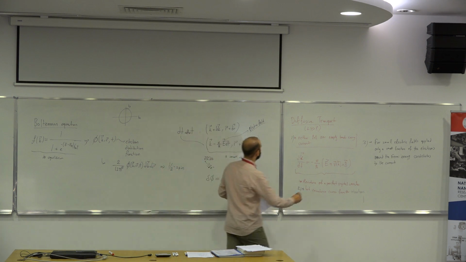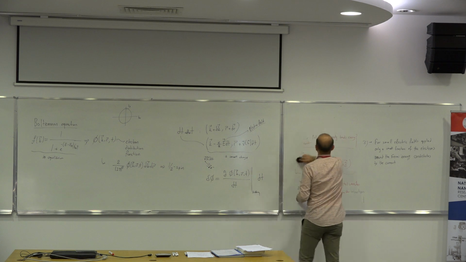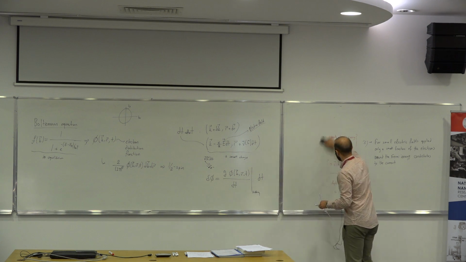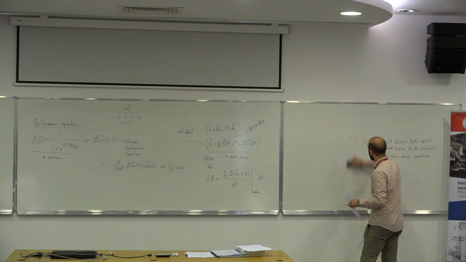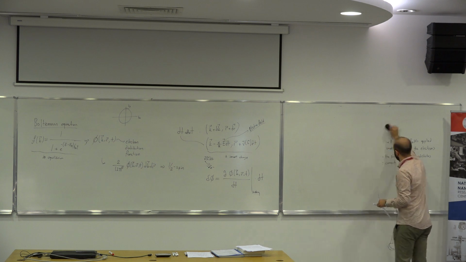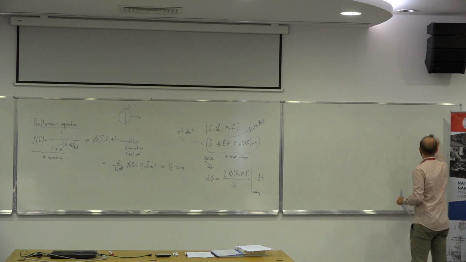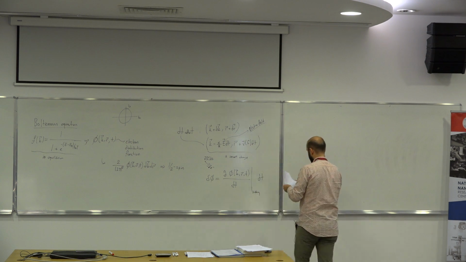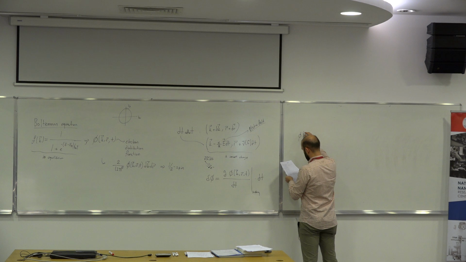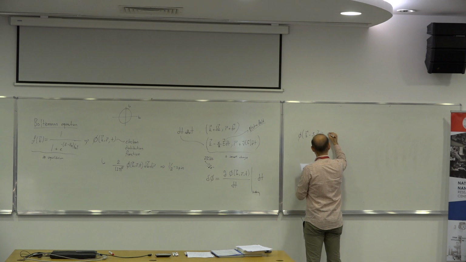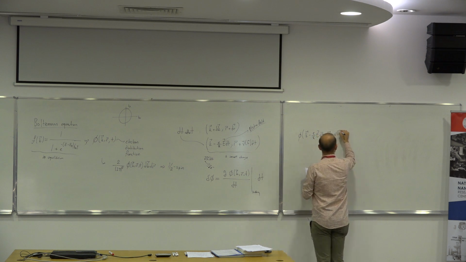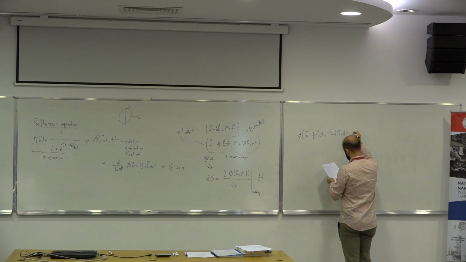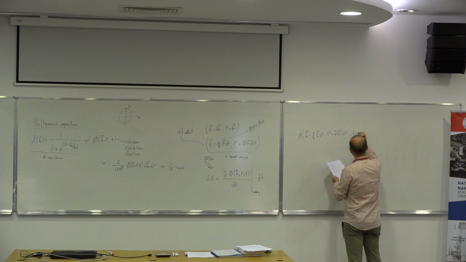Now, let's put everything together to show how the distribution function will evolve in time. So this guy, K minus E over H bar, electric field times dt, R plus Vk dt times T plus